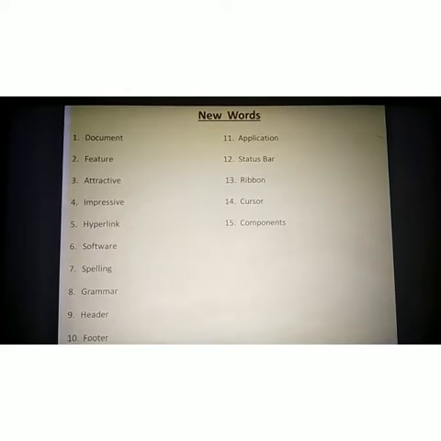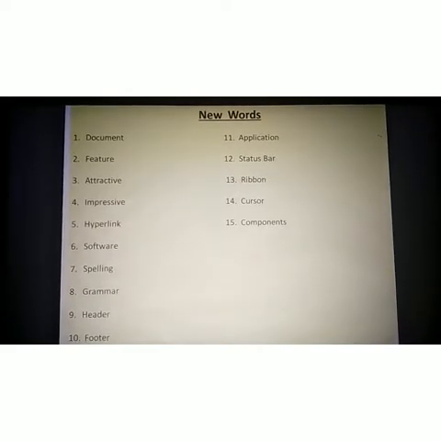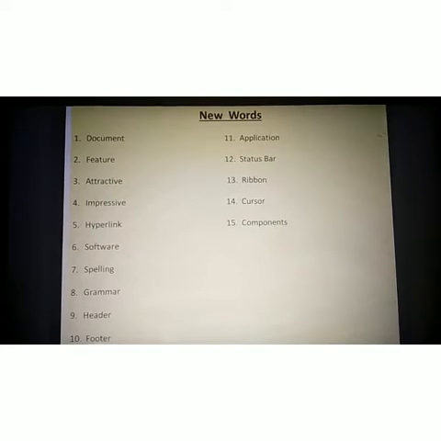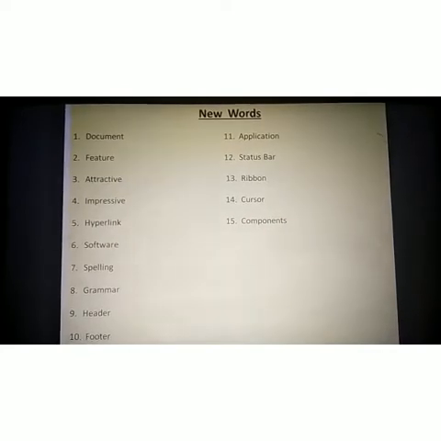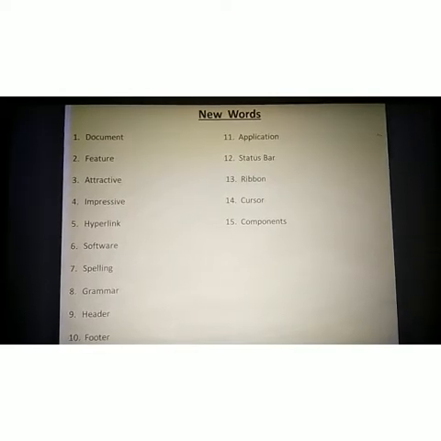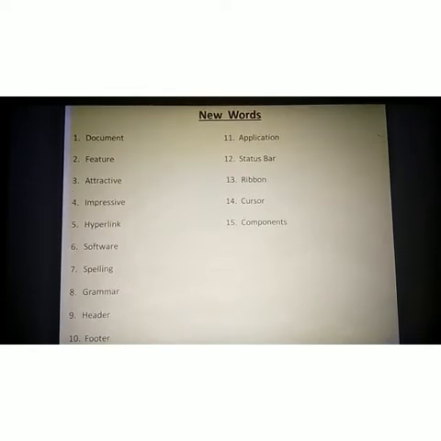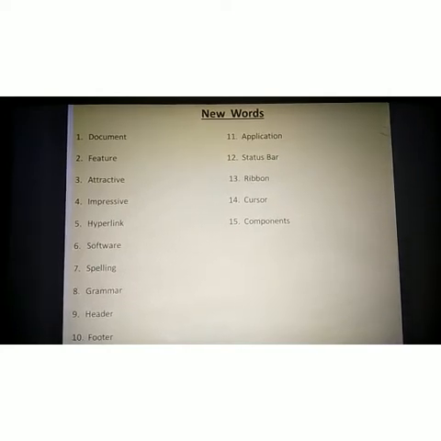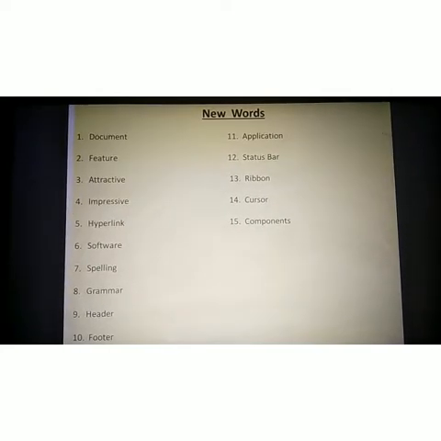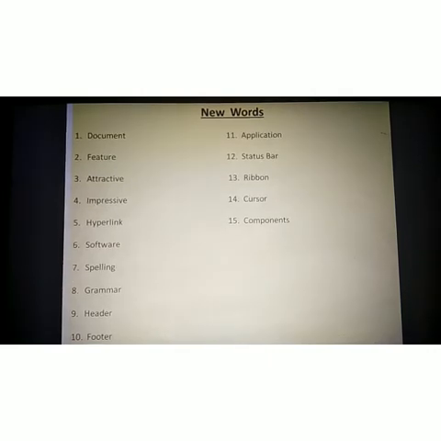Next is the ninth, header, HEADER. Then the tenth, footer, FOOTER. Then the eleventh, application, APPLICATION. Then the next, status bar, STATUSBAR.